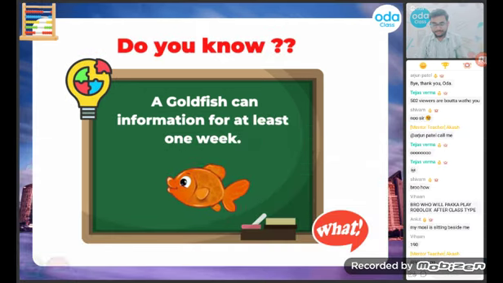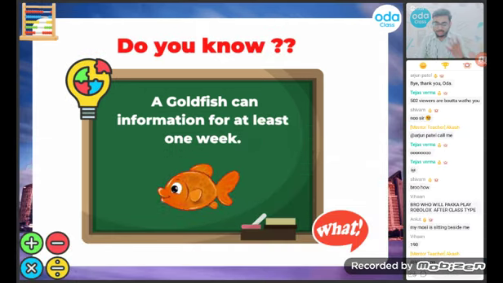The fun fact in today's class is that, do you know, children, many of you are having goldfish, right? Many of you must have goldfish. Who has one, tell me? Take a photo and send it to me, right? I think you all have my number. So the fun fact is that a goldfish can store information for at least 1 week. So for example, if you are studying, you are going to forget after 1 week, but the goldfish is going to remember even after the 1 week. Yes, Riyansh, very bad word, beta. Focus on the class. Clear?